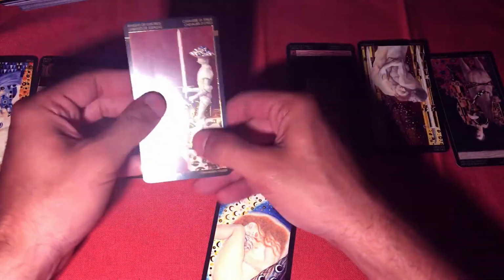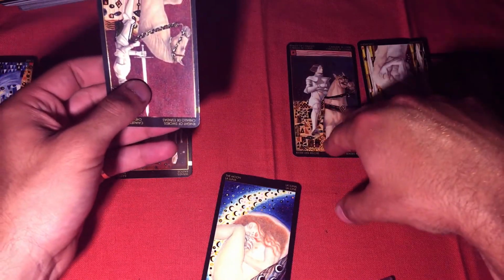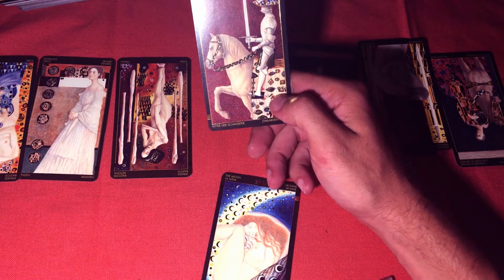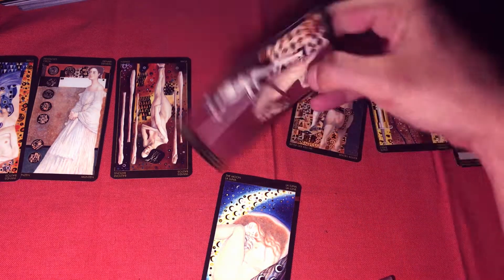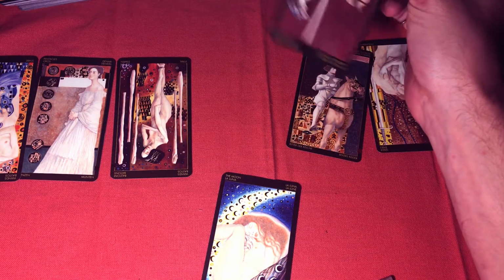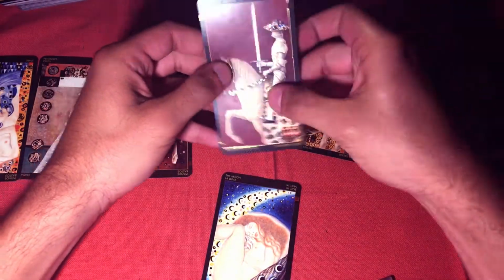You're struggling with this. Then we have this Nine of Swords, Nine of... Oh, damn. What does this mean? I think this is incoming. I think... No, okay, I'm like, wait, this is... Look, you know what? I'm going to ask for another card. I'm having trouble deciding, like, is this...